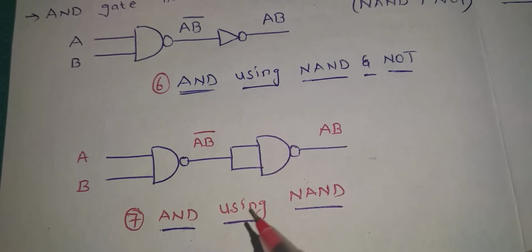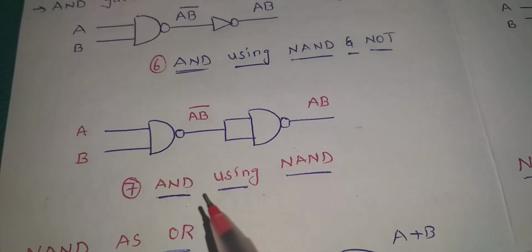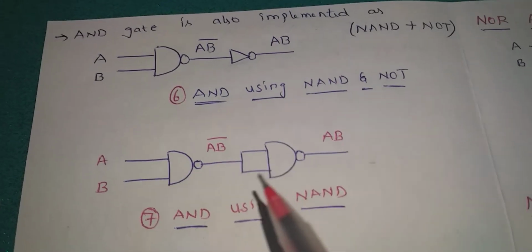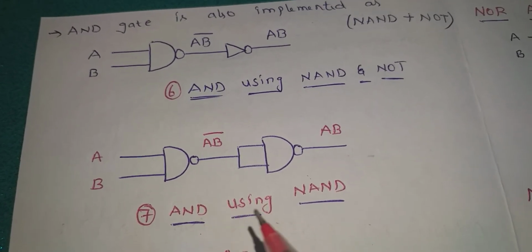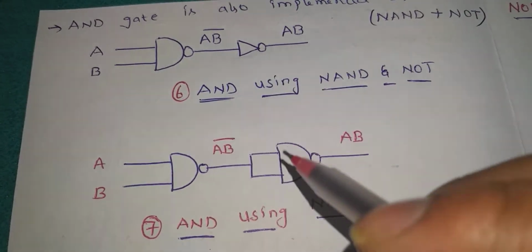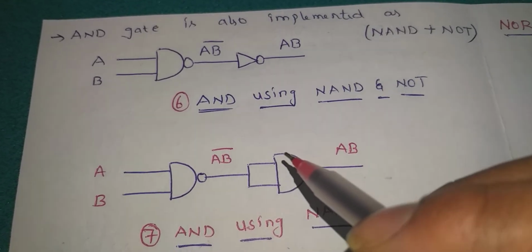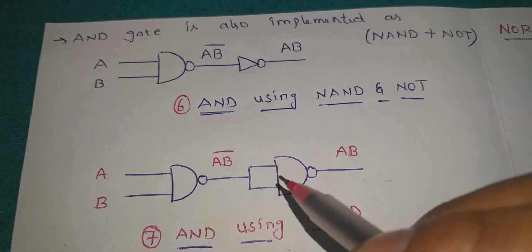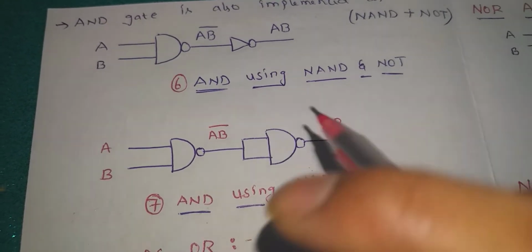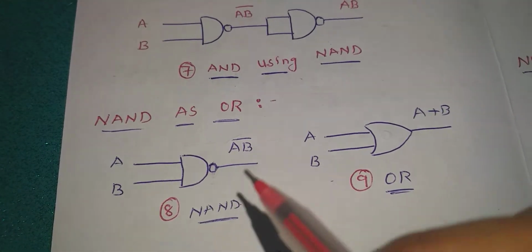Now finally you can say AND using NAND. Is it clear? Now if you look at this, AND using NAND, in this manner you are going to design an AND gate using a NAND gate. Now, this NOT gate is replaced by this NAND gate. Why? Because just now we have seen that when we tie the two inputs of a two input NAND gate, it can act as an inverter. Is it clear? Now if you want to implement an OR gate using a NAND gate,